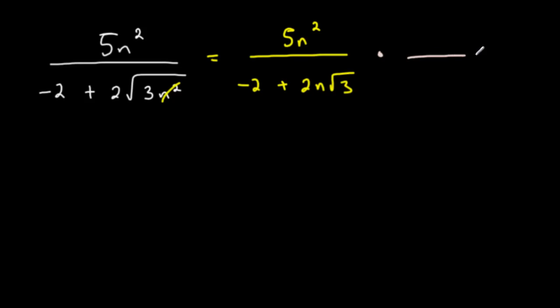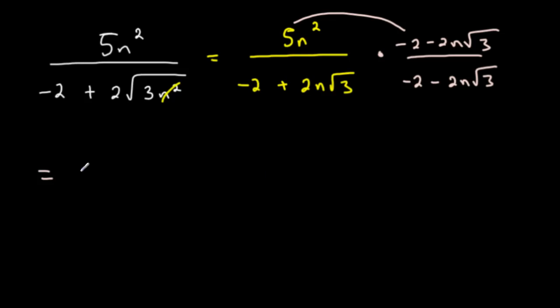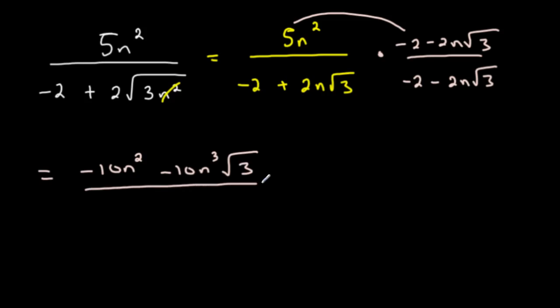So the conjugate will be negative 2 minus 2n radical 3, and I multiply both numerator and denominator by this. So if I distribute here, I get 5 times negative 2, which is negative 10n squared, and 5 times negative 2n radical 3, which would be minus 10n cubed radical 3, over